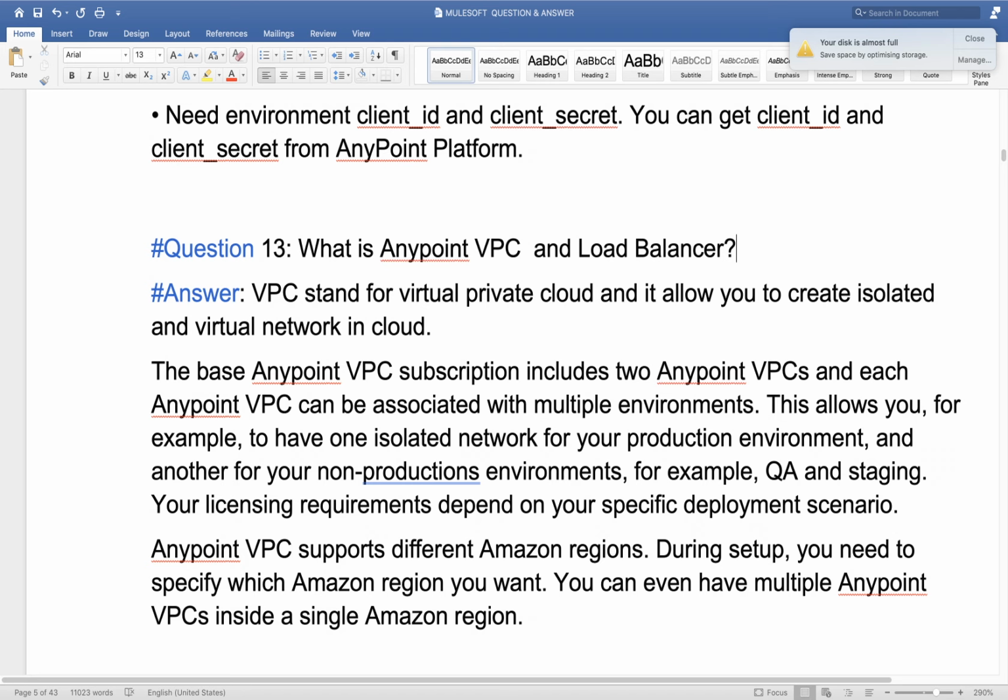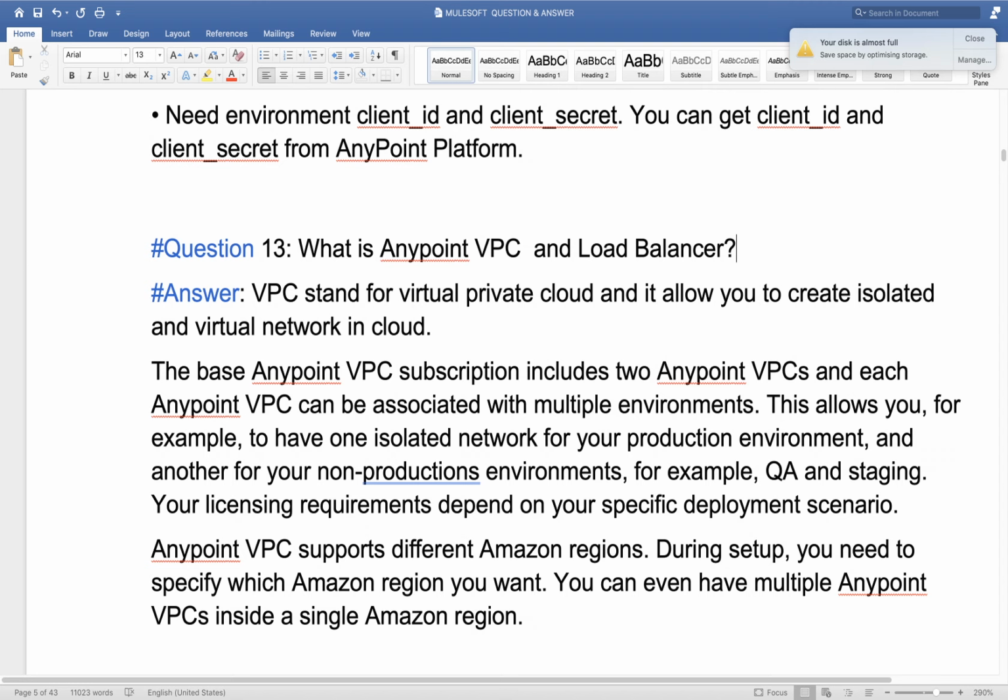Compared to the other open one, which is shared by all MuleSoft clients, if you configure a VPC, relatively it will be more secure. So you are creating one secured layer for your vCores. Okay, so that is Anypoint VPC. We use Anypoint VPC to provide one extra layer of security to our vCores in the Anypoint CloudHub deployment model.